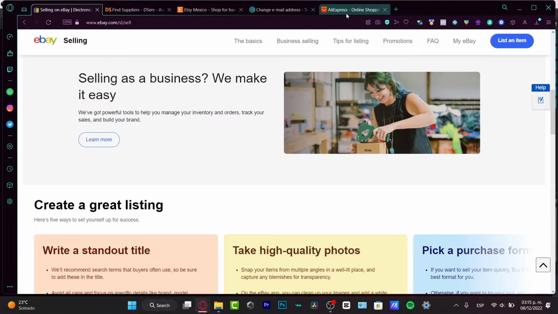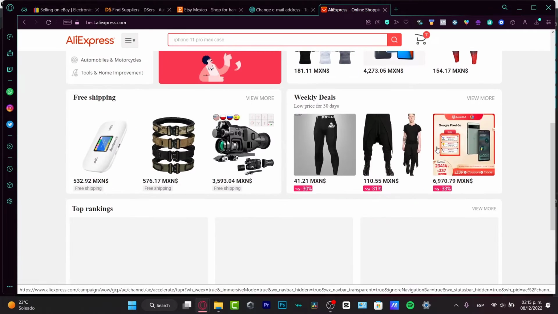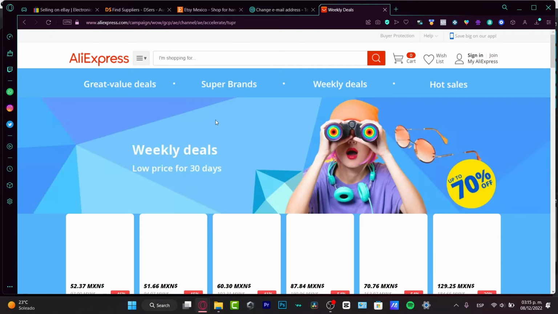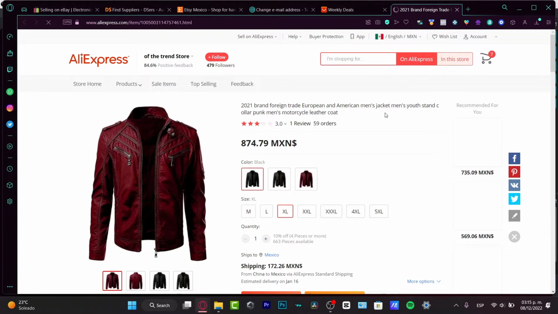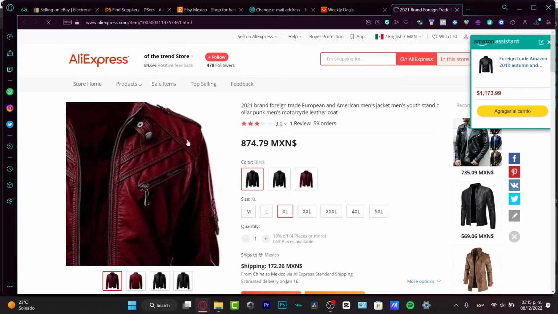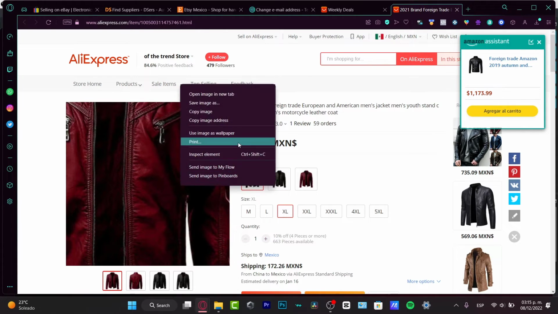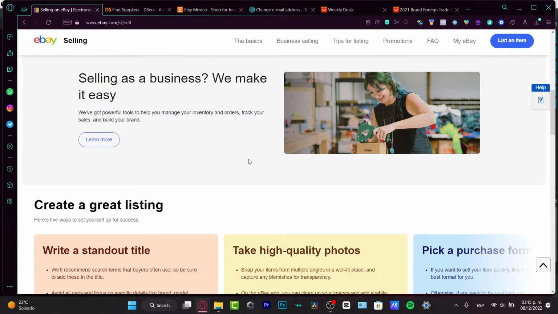So what happens here is that, let's say for example, you want to put this item here. I want to sell this item, so I choose it and copy the listing of these European brand jackets, men's jacket, and whatever this one is called. So let's say I just choose to copy this image, go into selling on eBay, and here on eBay,